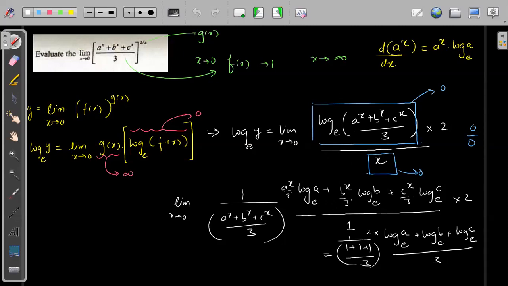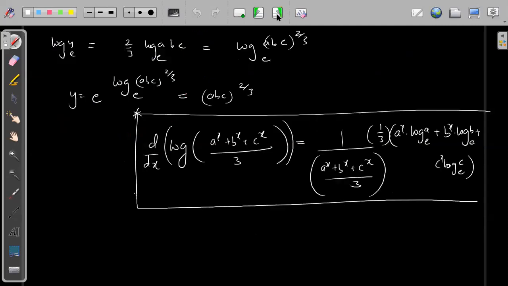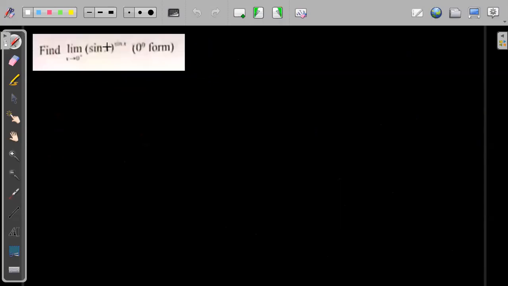See here, why am I telling you the differentiation form? Because here the denominator is only x, so you just have to differentiate once. That is why you should also know the differentiation form. We should also know how to solve by another method. Everybody understood? Now, in the same way, solve this one.